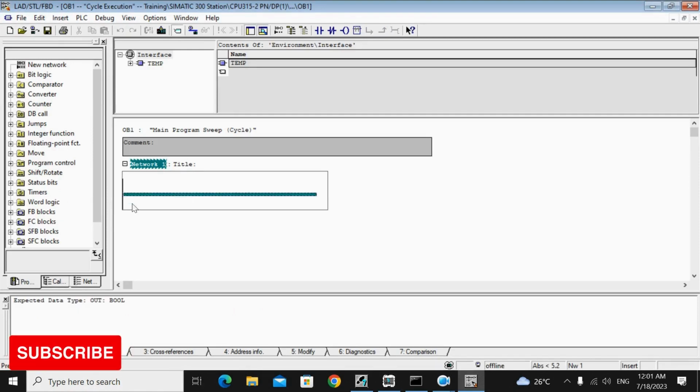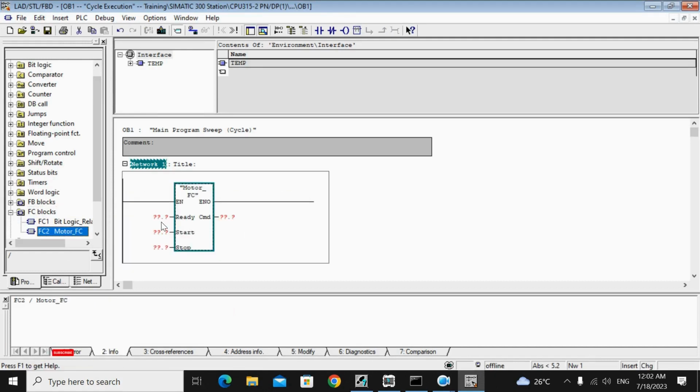Now I will close it, open the main OB, and call both blocks. First I will call FC1 from here, just drag and drop to that network. From here you can see that motor FC is asking for some variables. This ready, start, stop are the formal parameters. So you have to assign some actual parameter to that formal parameter in FC. This is mandatory. You cannot keep it empty,